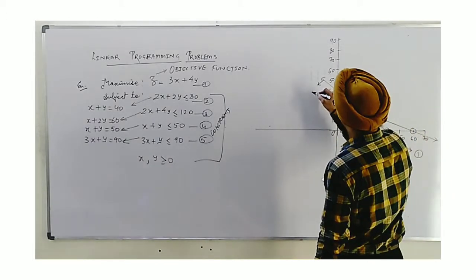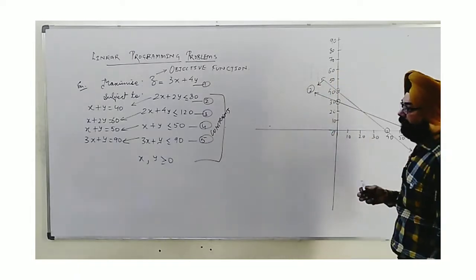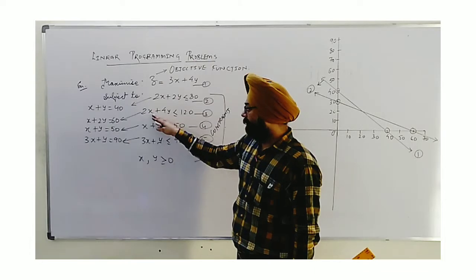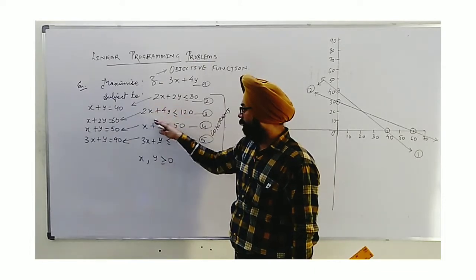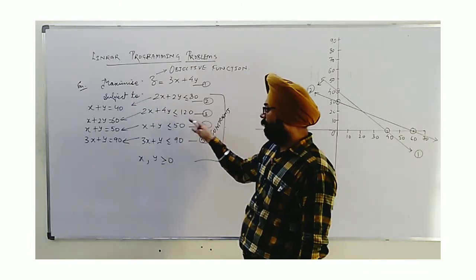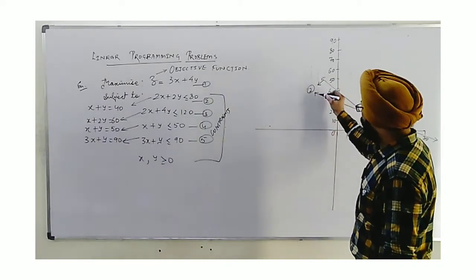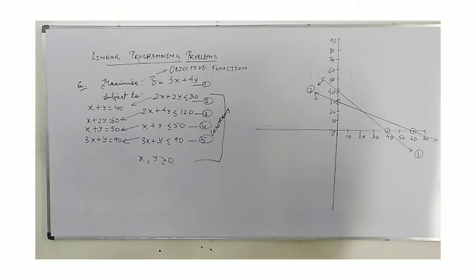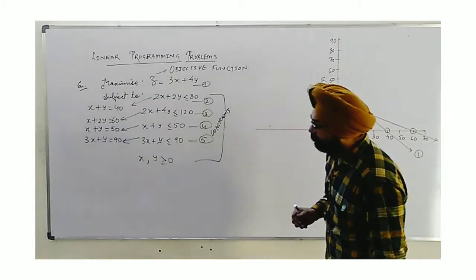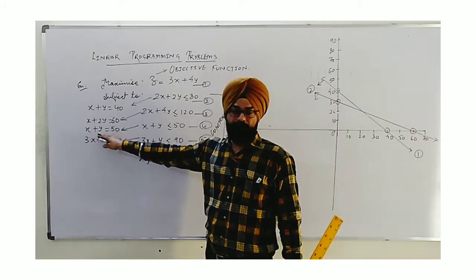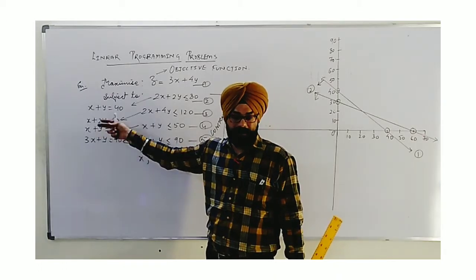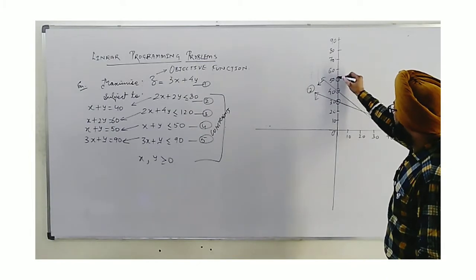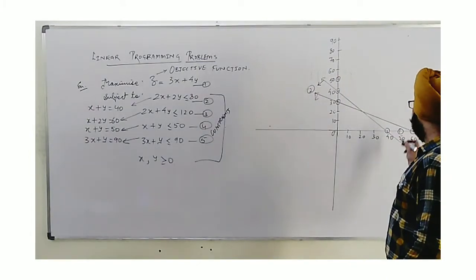This becomes the second one. And again I put the 0, 0 origin in this inequation. X equal to 0, y equal to 0, this becomes 0 is less than 120, a true statement. For this also we have to move towards the origin while shading. Yes. Third one, x plus y is 50. Very easy to see here. If I take y equal to 0, x is 50, and x is 0 means y is 50. So we need to join 0, 50 and 50, 0.